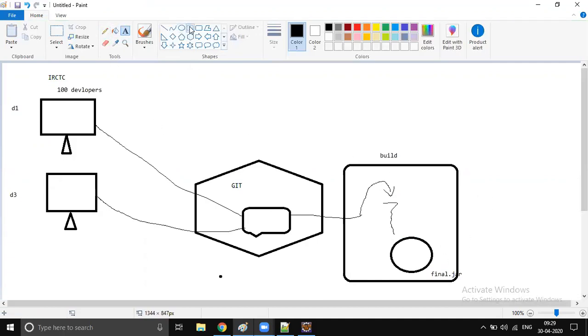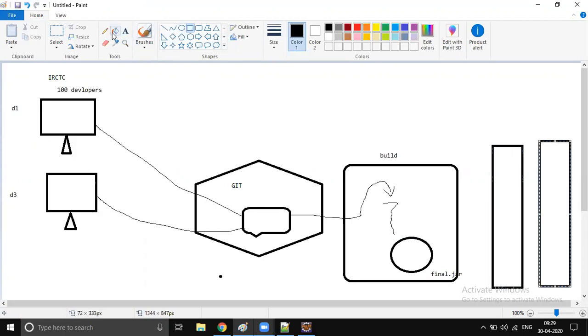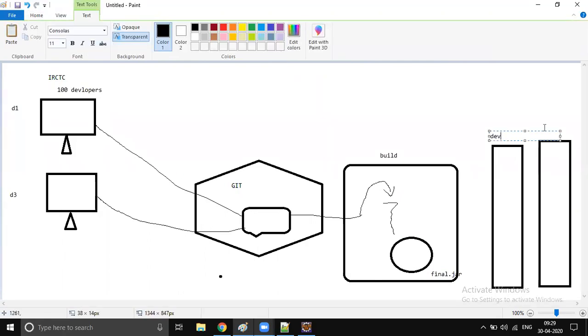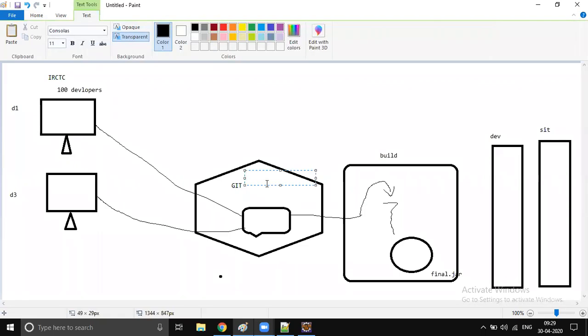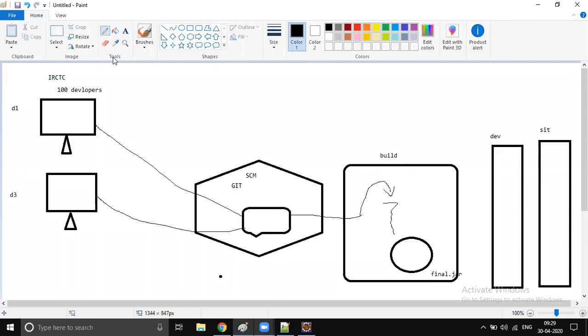So we will have different environments: dev environment, SIT environment, production environment. We will put the jar file over there and we will deploy that. So this is the architecture or orchestration we use in our real-time process. We have an SCM tool called Git, or some other tool. Git is the most favorite these days, most of the companies are using Git, so that's why I'm just saying Git. We will have a single copy here. Every developer will take the local copy and push the code.